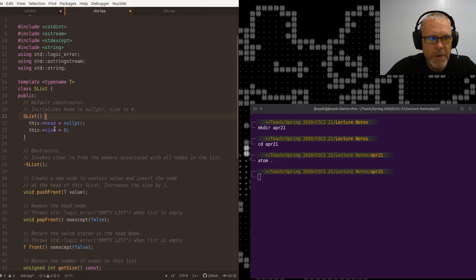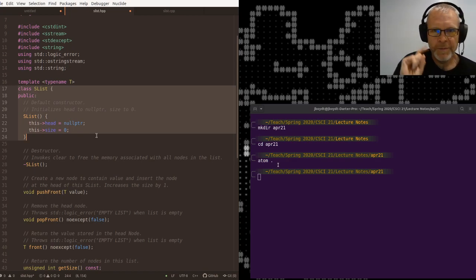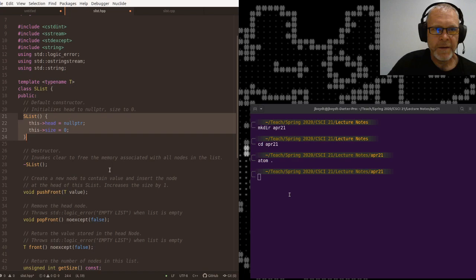So notice, by the way, I am inside of the class. And for my course, this is how we do templates. Templates are one file. They're a .hpp file. There are no separate function headers. They are just headers and implementation all at once. So this is the first time that the constructor has been announced or declared, and it's also going to be implemented right there on the spot. So we're going to end up with one file,